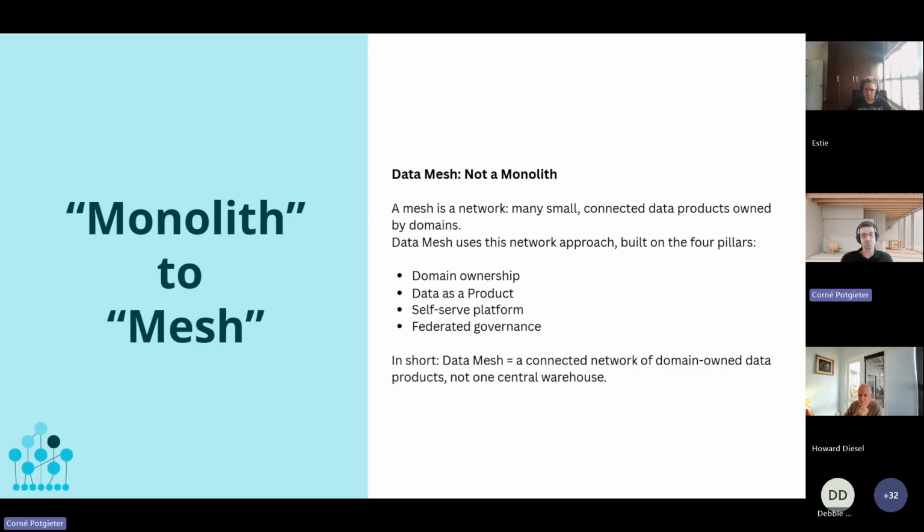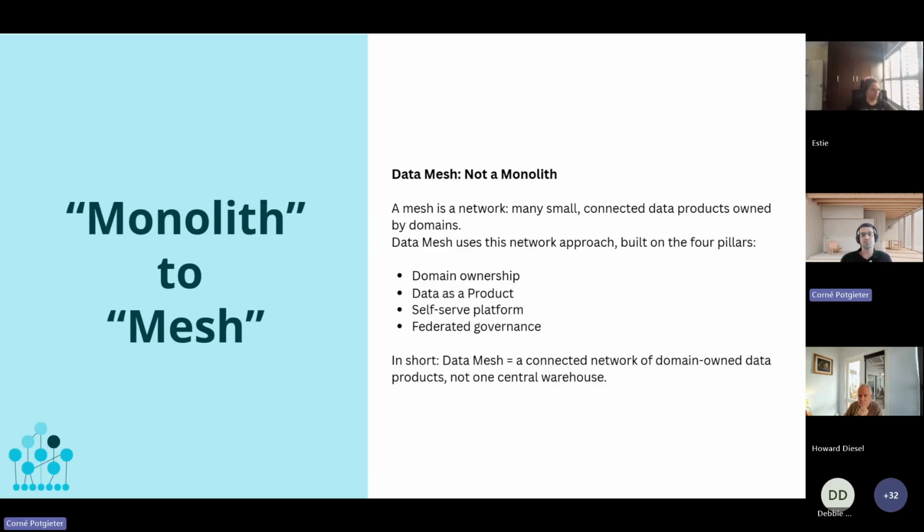The 4 main pillars on which data mesh is built are, first, domain ownership. So a decentralized approach where these data products get owned by the domain in which they are built. Second, data as a product. So in other words, there's product thinking. You have a life cycle associated with a product, and everything that you would associate with a product, just like any product that you sell, you have to have that same mentality with data.